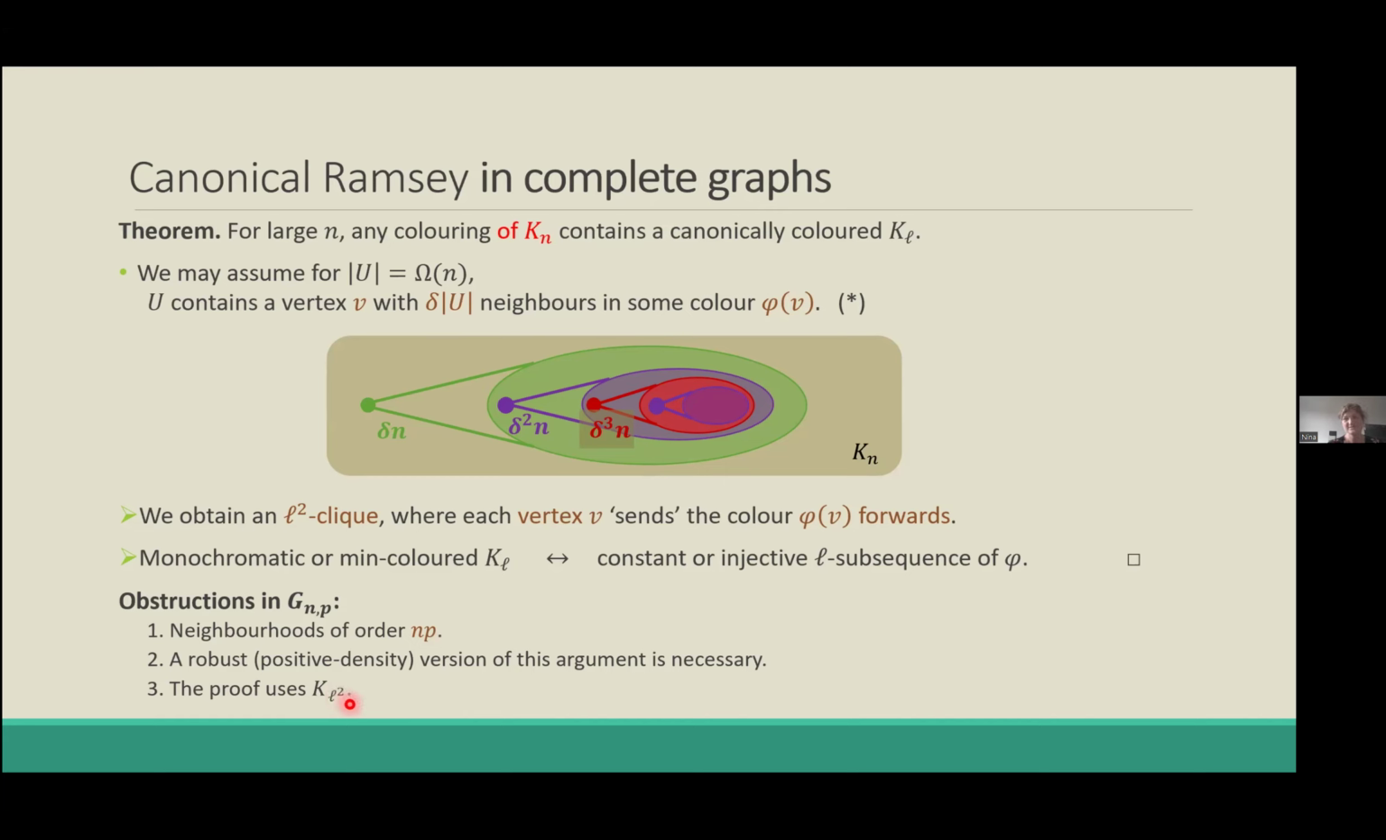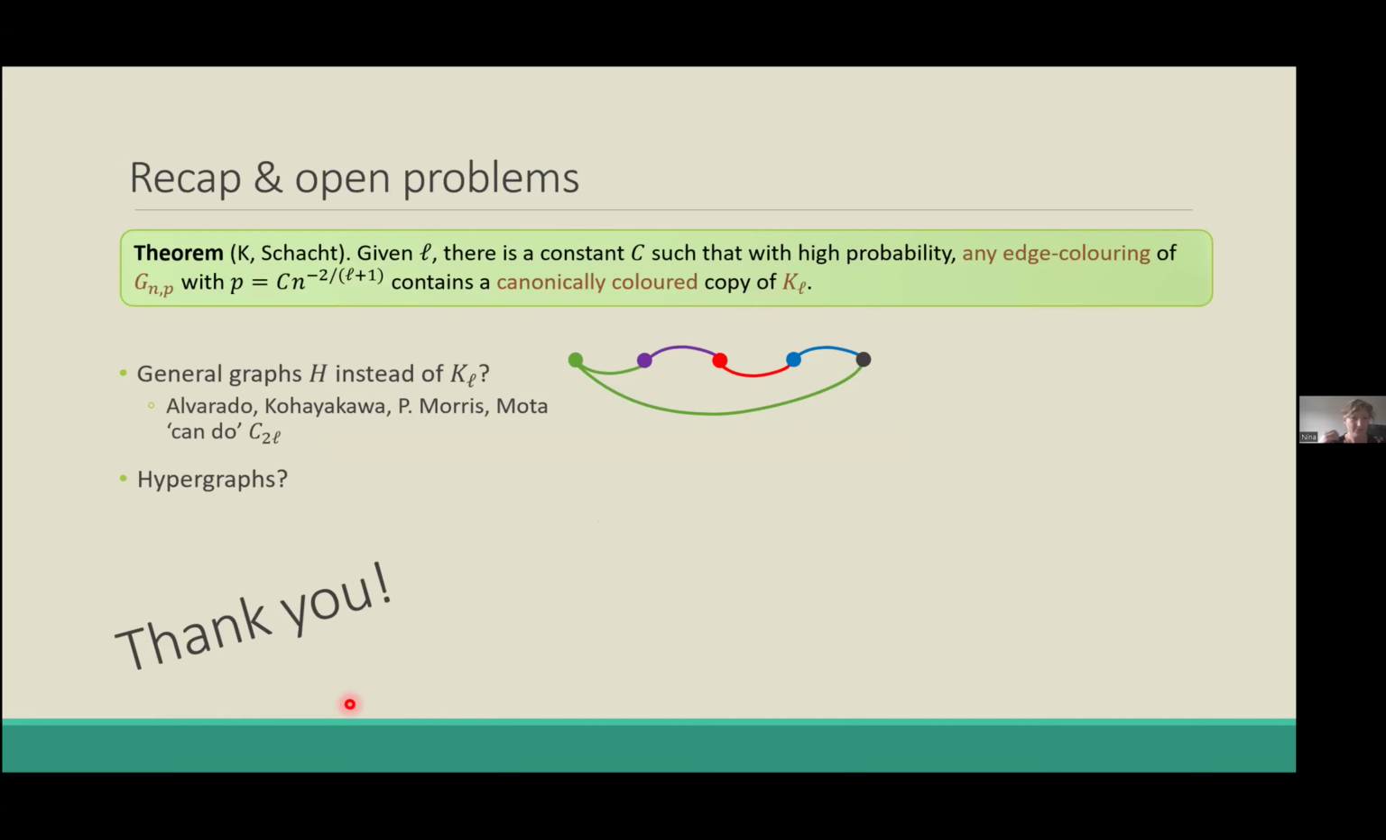So some serious new ideas are needed to imitate this proof in G(n,p), and we do that by iterated applications of this transference tool. So that would be it for the proof. Just to recapitulate, we identified the threshold for the existence of the canonical Ramsey property for cliques